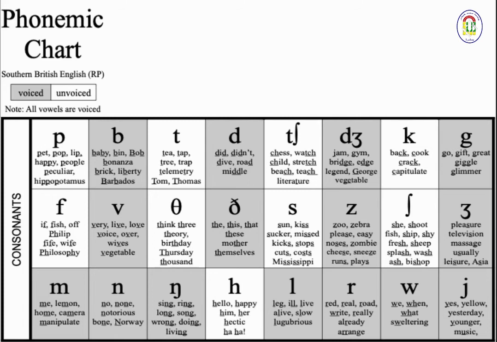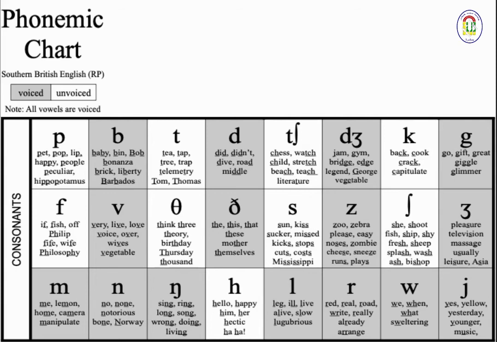S is a voiceless, fortis, alveolar, fricative consonant, like in sun, kiss, sucker, mist, kicks, stops, cats, costs, Mississippi. Z is a voiced, lenis, alveolar, fricative consonant, like in zoo, zebra, please, easy, noses, zombie, cheese, sneeze, runs, plays. Sh is a voiceless, fortis, palato-alveolar, fricative consonant, like in she, shoot, fish, ship, shy, fresh, sheep, splash, wash,